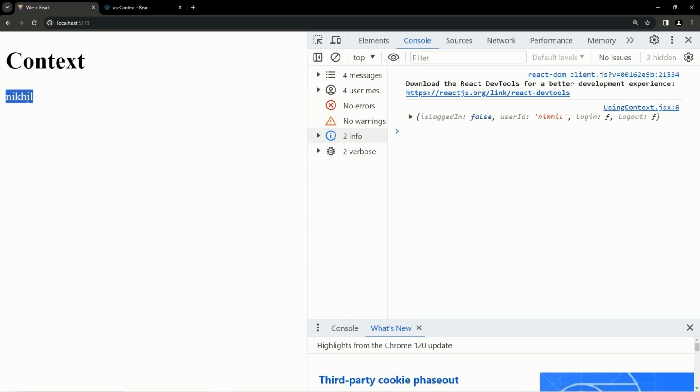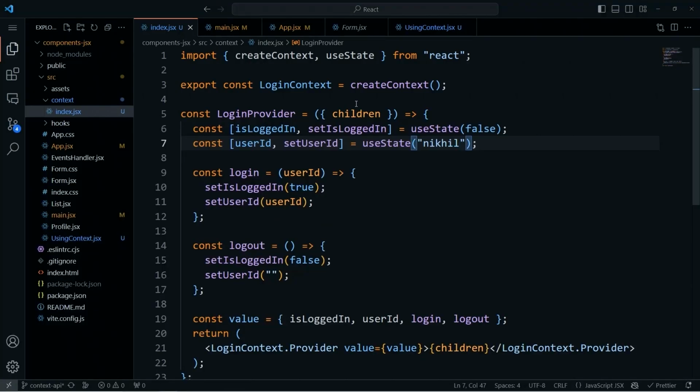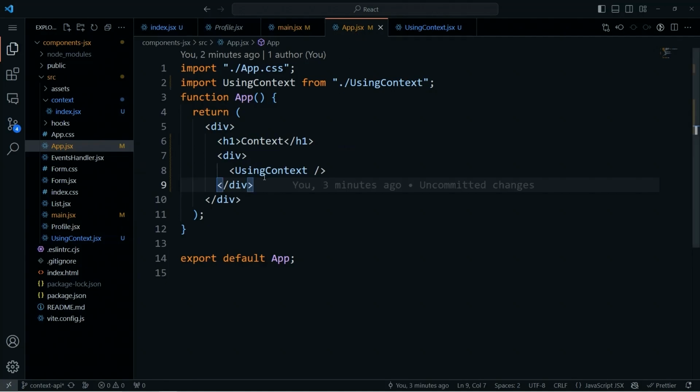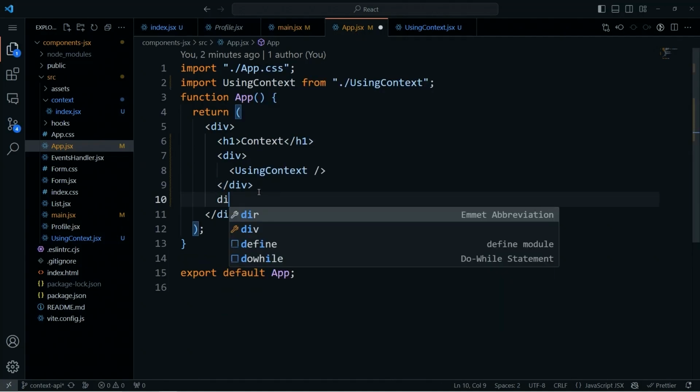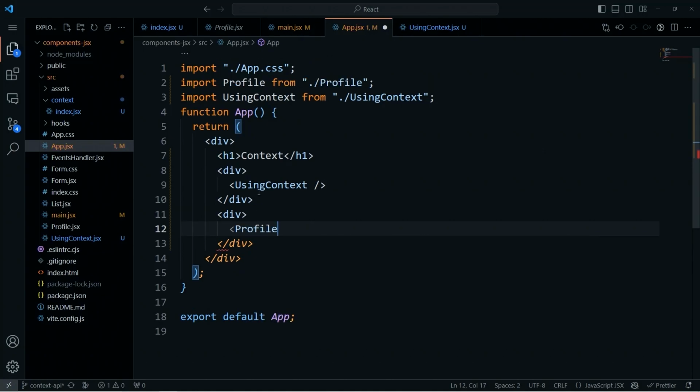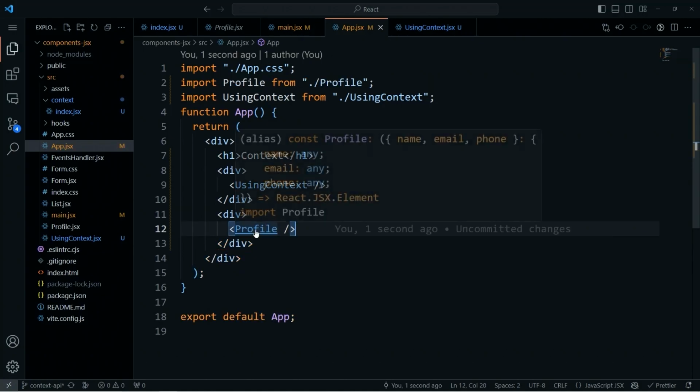You can see this is amazing that we can get the values like that. You can see inside that we have the is logged in of the false, we have the user ID of Nikhil. So you can see inside any component we can use that. Suppose that could be inside the profile component. So if we render the profile component over there like this, we can render another div. We can add the profile component over there like that, and we can use the same inside